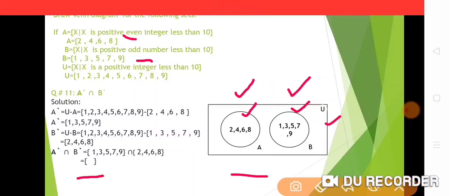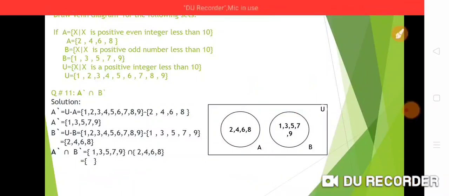Second thing which you have to do in your Venn diagram is coloring or shading, and this coloring and shading depends on your final answer. Here we have the final answer null set, so we are not going to color it. Suppose if we get any element over there, at that time we are going to color it. If the element belongs to A, we color A. If the element belongs to B, then we color B.